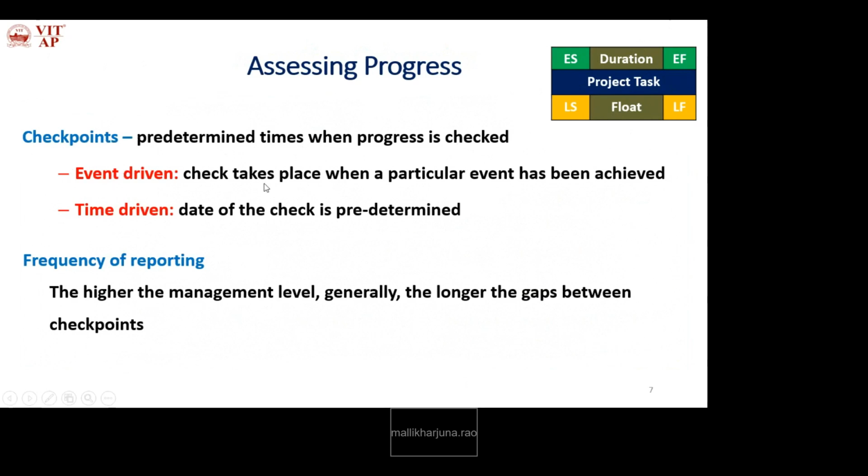So this is checked event driven. The check takes place when a particular event has been achieved or not. So what do we mean by a particular event? As we know, development starts by dividing the problem into sub problems, sub problems into further sub problems, and so on. Each sub problem is an event. For every event, called a project task, every project task has some deadlines and some quality that is achieved or not at each level.